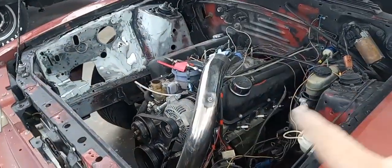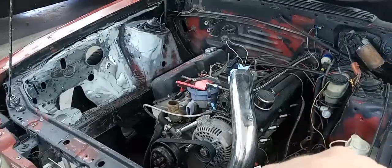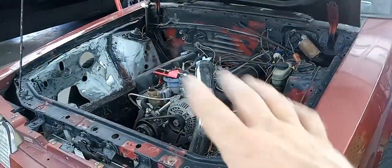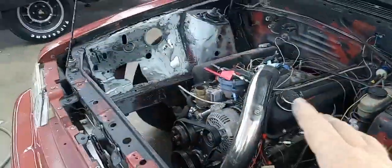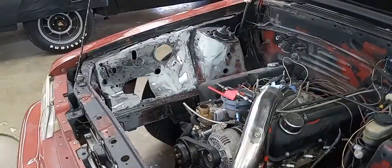Then I can start putting all the turbo stuff back on it, the other intake manifold, other throttle body, other engine management system, and all the upgrades that we're going to do later to this car. So I'm just going to bring y'all along for the ride on this one. So let me get back busy, and I'll be back here in a minute. And it should be just like